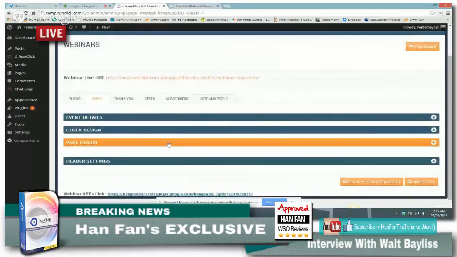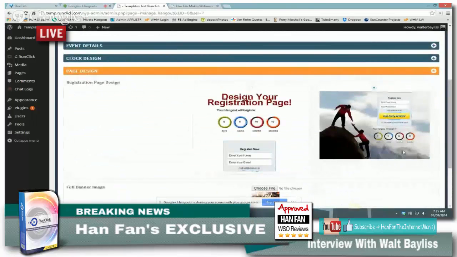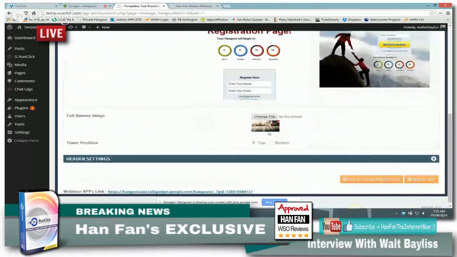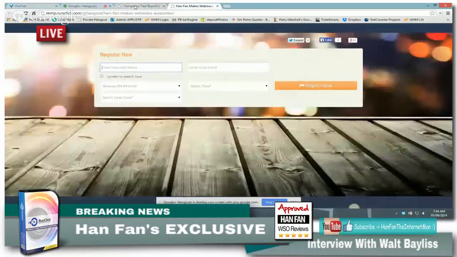We do that here. So we've got page design. You can have that full page graphic, and you can see that I've chosen the one with the lights and the stage behind. So there it is, the lights and the stage. You can design this.